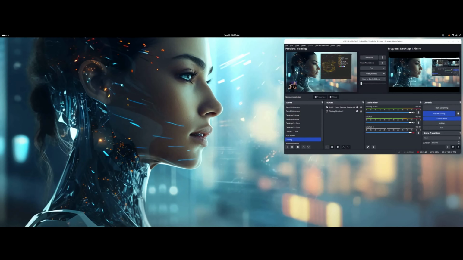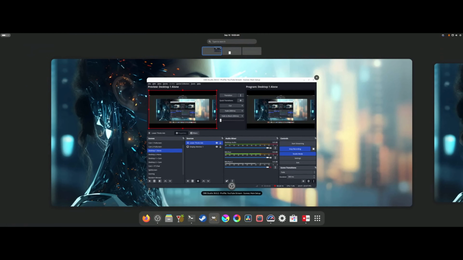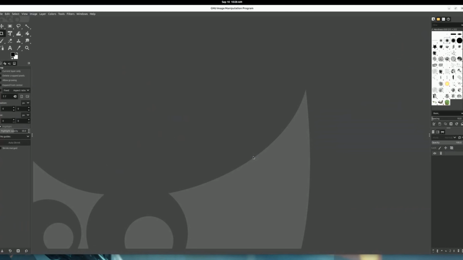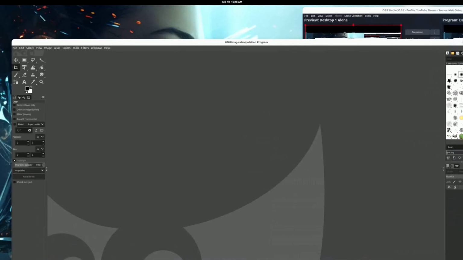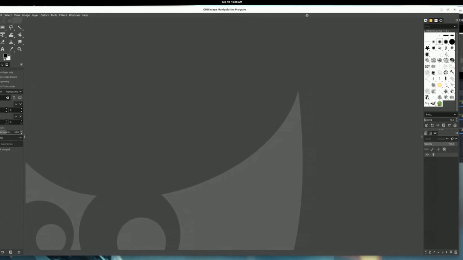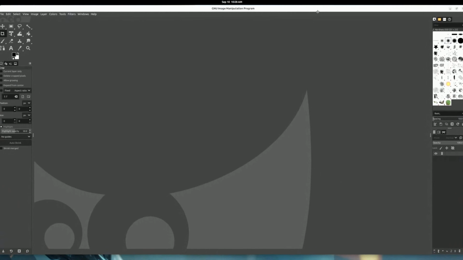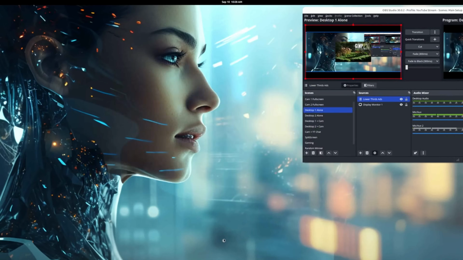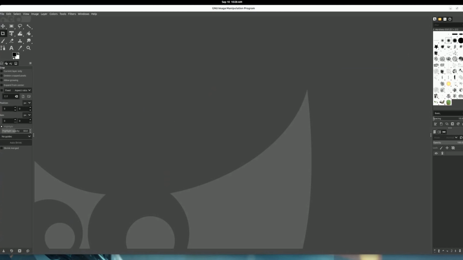So let's pop back over to my other monitor and see what else we have down here. We also have GIMP installed. Let's go ahead and run that. That's GIMP 2.10. There you go. Do you see how fast that opened? I mean, it is absolutely amazing how quick Linux is compared to Windows. It just literally pops open. Let me close it again. Here we go. Let's go ahead and run GIMP. There you go. What is that, like 2 seconds? I don't know.